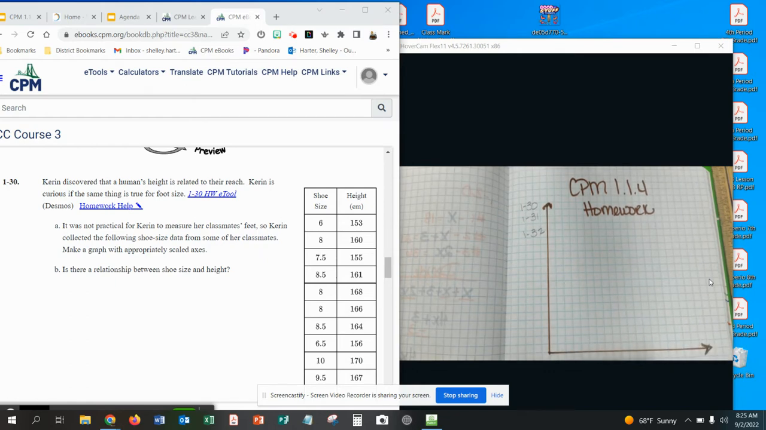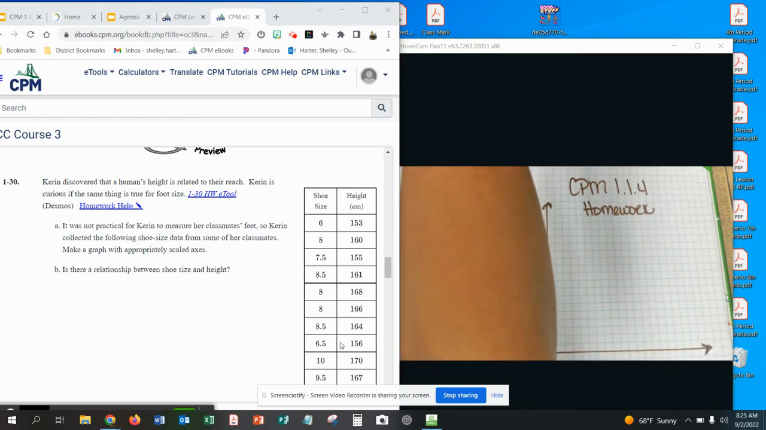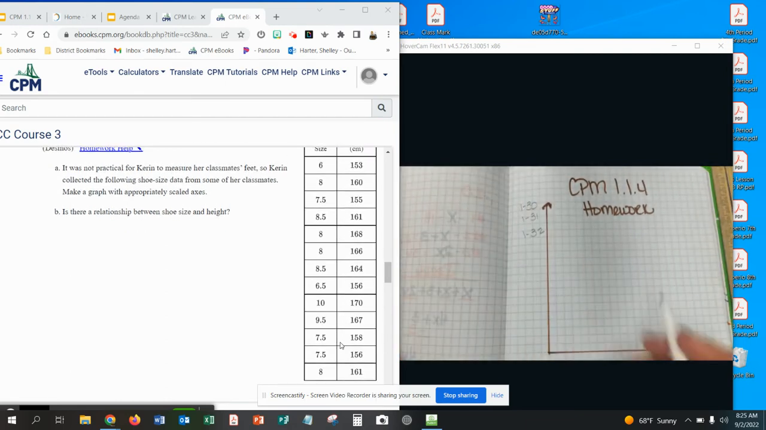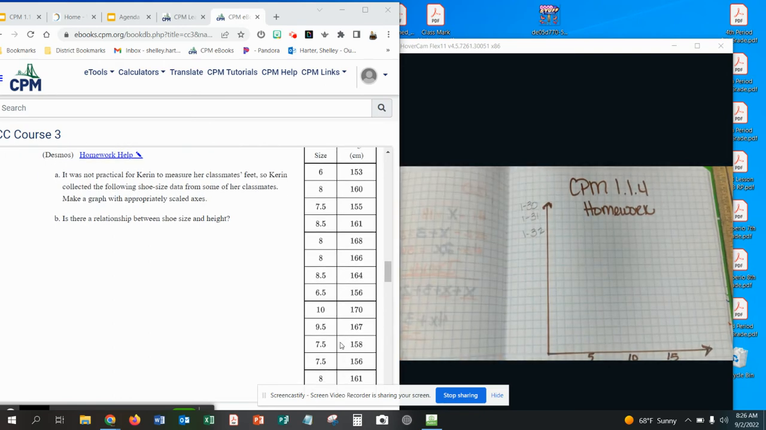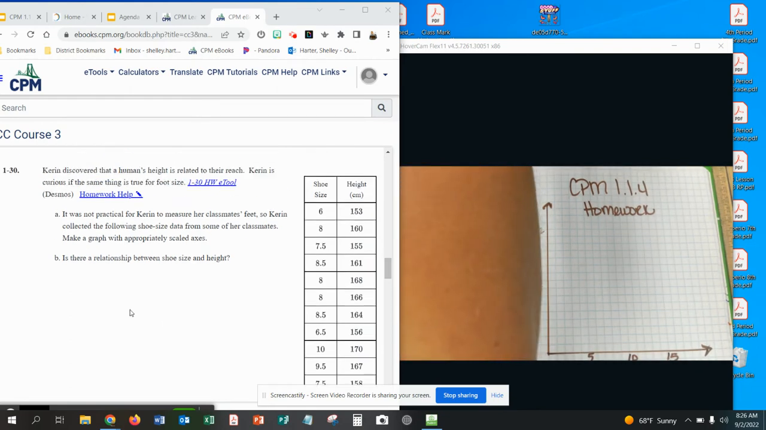So it's the X. It looks like our shoe size, I would start at 5, then 1, 2, 3, 4, 5. Make this 10, and then 1, 2, 3, 4, 5, and then 15. And then the other one goes by hundreds in centimeters. If you wanted to do it this way, you could, but you could also do the fun way and